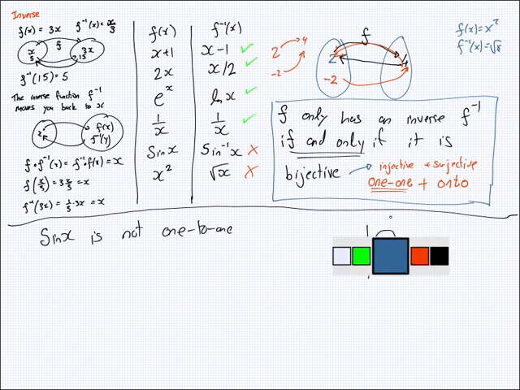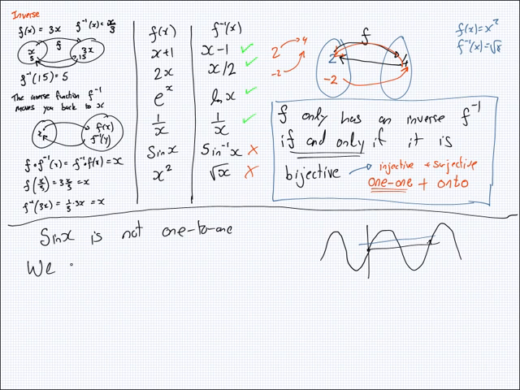If you draw a line here, it cuts it twice, well, actually more than twice. Many times. So what you're trying to say, Ben, is we can make it 1 to 1